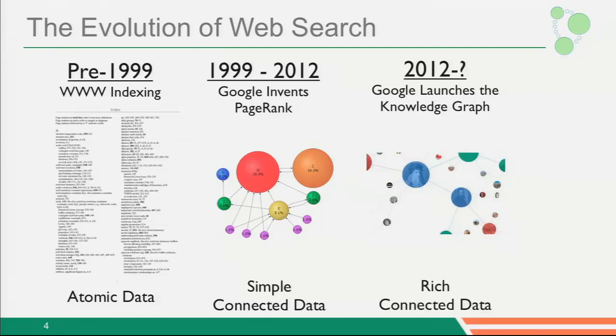And now, most recently, they started exploiting rich connected data with a knowledge graph, which is basically saying, well, we've managed to exploit the links between pages, but now we want to exploit more. We want more types of relationships. We want to go from a single relational graph to a multi-relational graph. And now they store things like, hey, this web page is about an actor. This actor acts in several movies. So when you search on that, you're going to get a bunch more search results and more validity into that. So that's one industry, my first story.